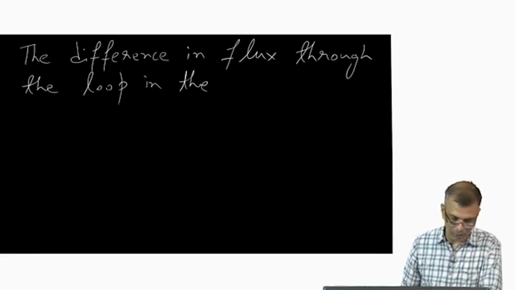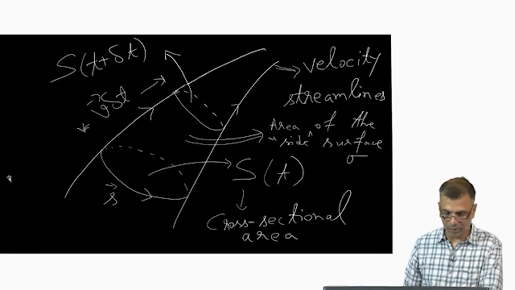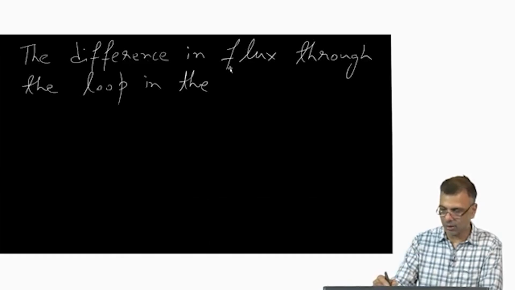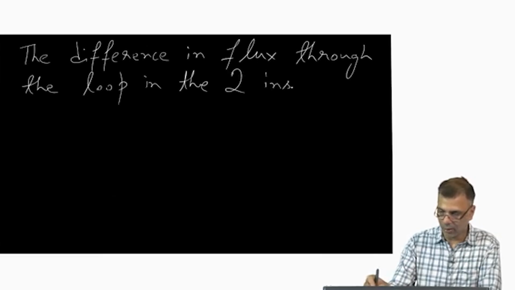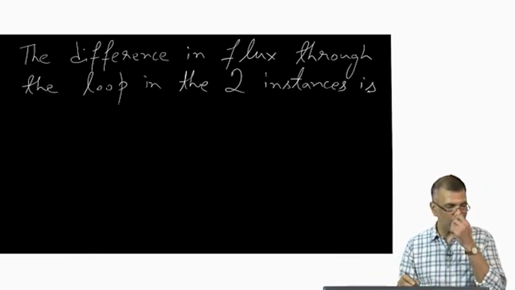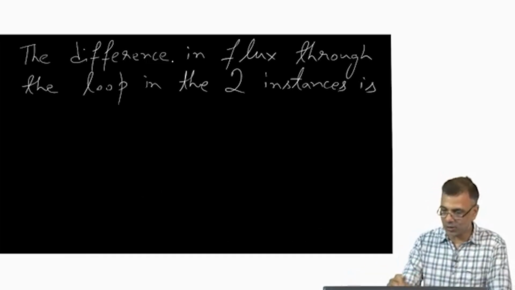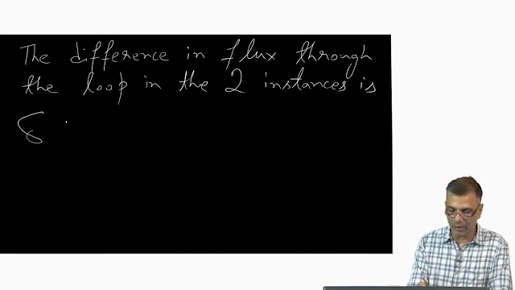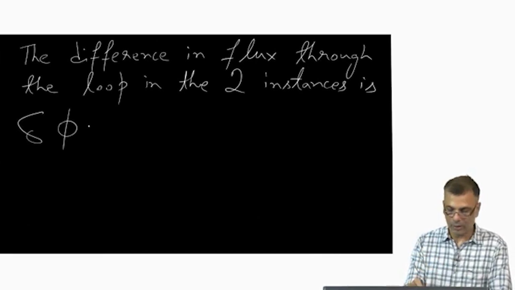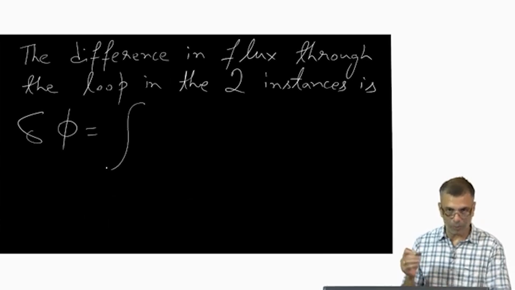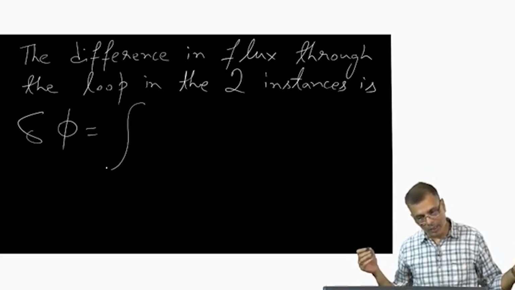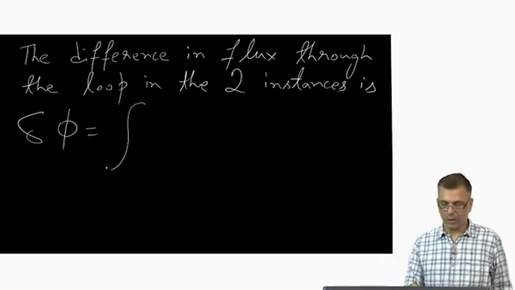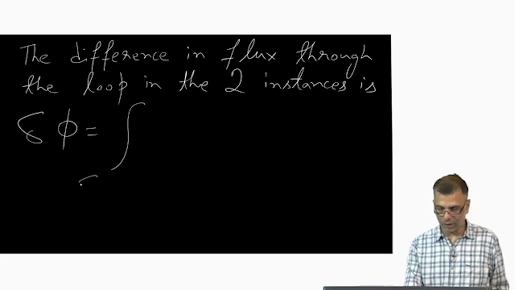Well, this and that. The difference in flux, because I am saying difference in flux, I write delta phi. This is equal to, going by the definition of phi, phi is essentially B dot dA, isn't it? So delta phi is